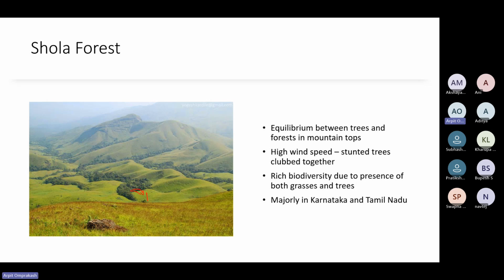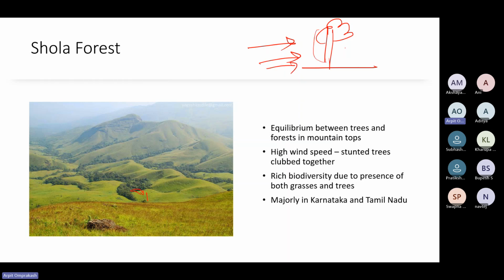As with all mountaintops and high elevation areas, there's high wind speed, and that's why the trees found here have very short height. If you have a tree that is very big and there are very high speed winds,